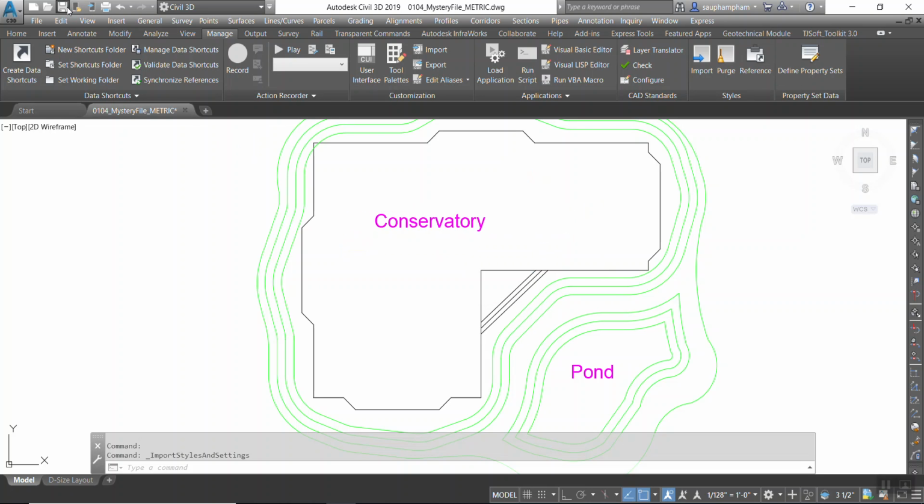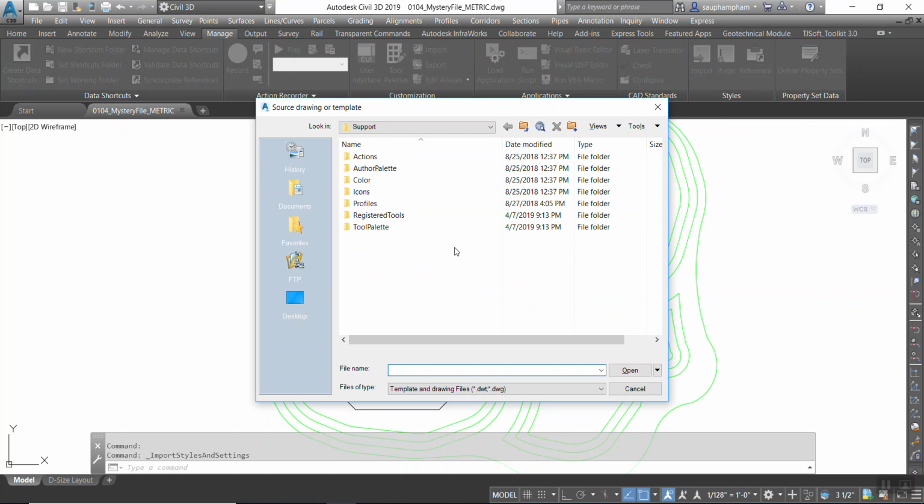Okay, let's see Import. And before importing a file, you must save the file. In case you forgot, Civil 3D will be kind enough to prompt you to save the drawing before you can proceed with import. The import workflow begins when you click the Import button at the bottom of the Styles panel. First, you will select your source drawing to import styles from. For example,